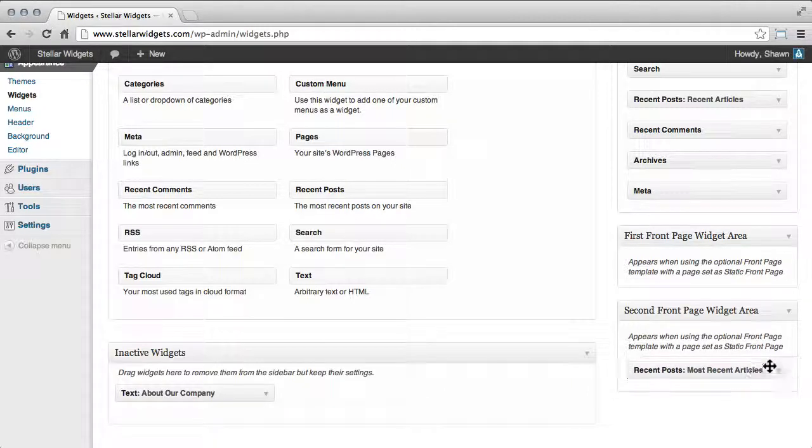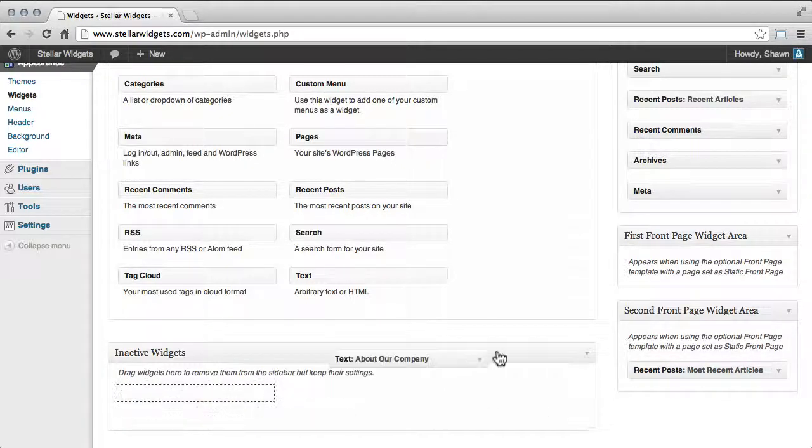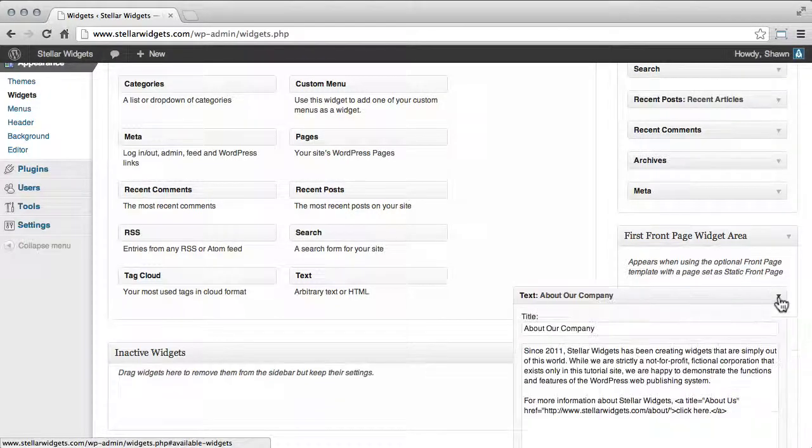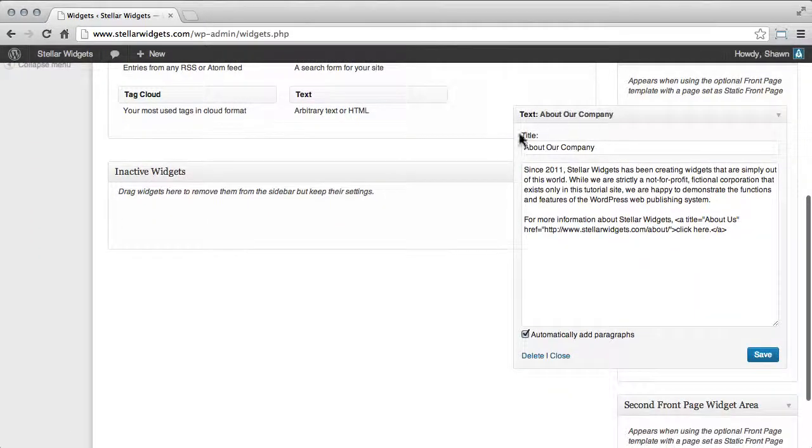To add a new widget, simply drag and drop it into the widget area where you want it to appear. The most flexible widget is probably the text widget, which allows you to add any text or HTML content that you like. This is the best way to copy and paste code snippets for email sign-up forms and other things like that. This widget contains a tiny bit of basic HTML to create a link to the About Us page